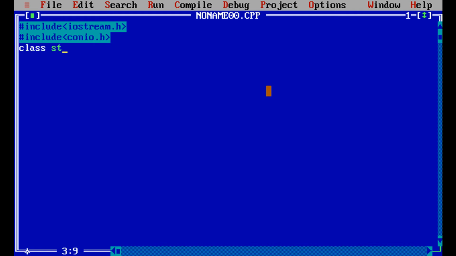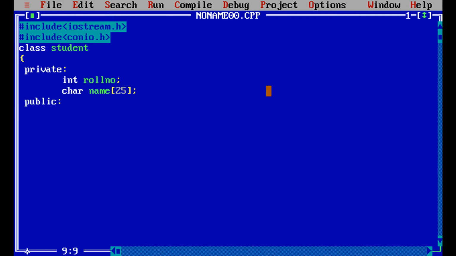We'll take the name of the base class as student. In the private section, we'll have the data members: roll number belonging to integer data type and a character array, name, that can store up to 25 characters.